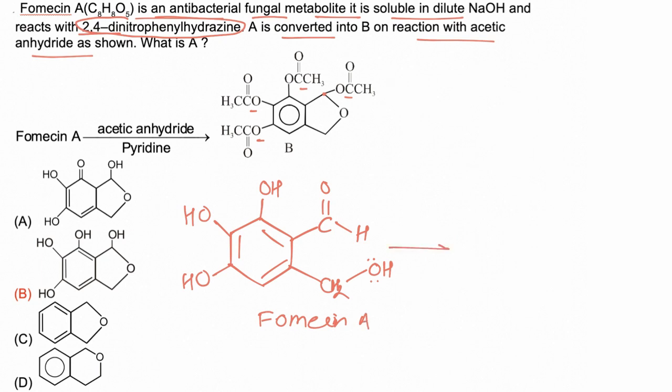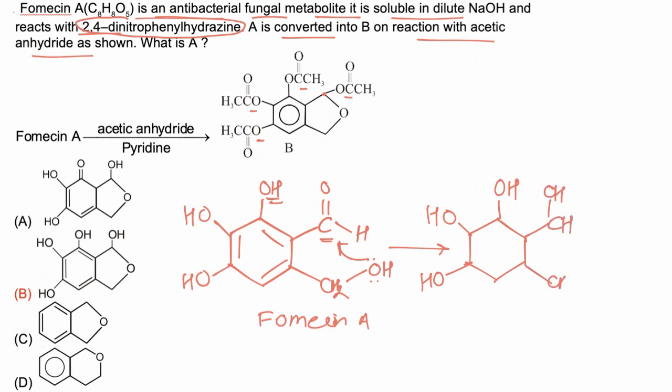Now this molecule has a phenolic group, so due to the presence of phenol it is soluble in NaOH. Now this molecule reacts with 2,4-DNP because it has a carbonyl group. Now OH and carbonyl are both present in the same molecule, so there is a possibility of formation of a hemiacetal linkage. So an intramolecular reaction takes place, due to which the carbonyl group is converted to a hemiacetal linkage. Now this molecule has 4 OH groups, and due to the presence of 4 OH groups it will form a tetraacetate, and hence the correct answer is B.